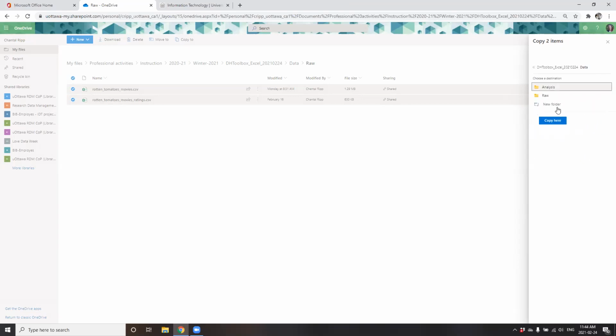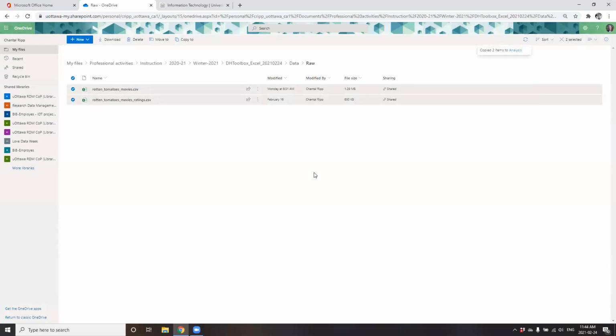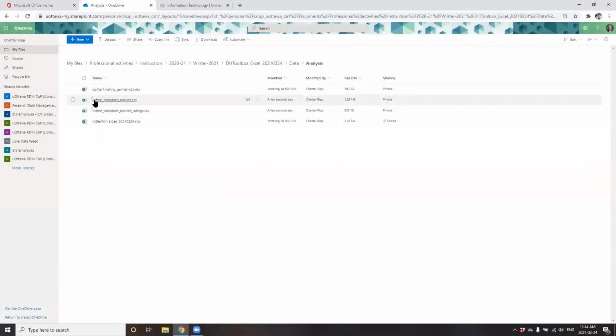I have data, and here I'm going to copy my data sets into my analysis folder. And from there, this is where we're going to actually work on our data set today. You can see here by these little three blue lines that they have been successfully transferred over. I'm going to open up Rotten Tomato Movies.